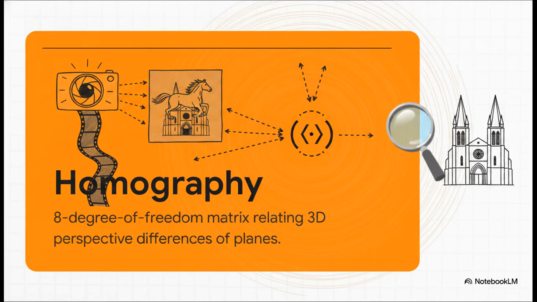Once those digital fingerprints are found, they use another algorithm, called RANSAC, to filter out any bad matches. This allows them to solve for something called homography. Now, in simple terms, homography calculates a really complex